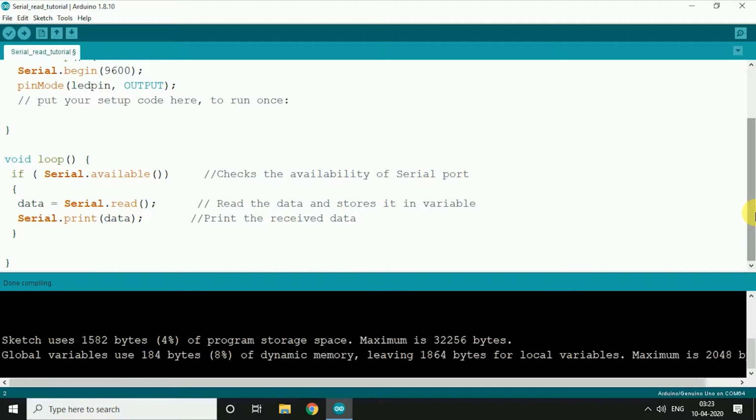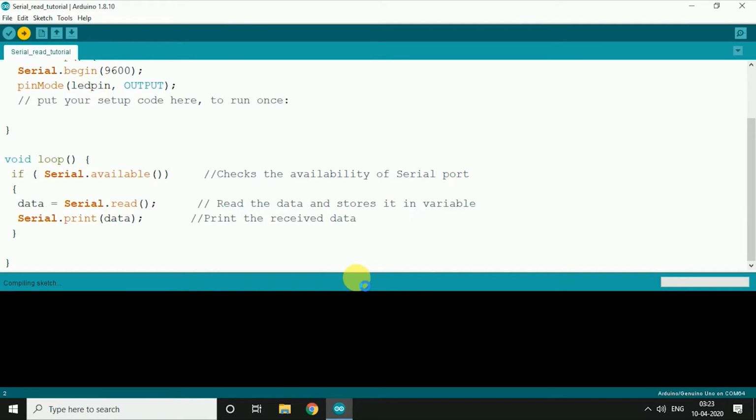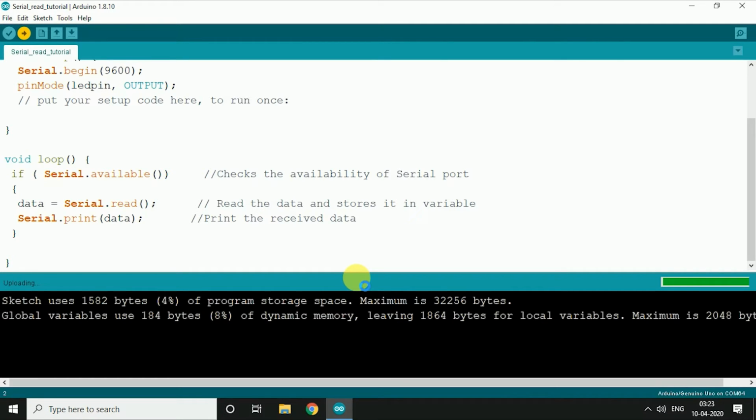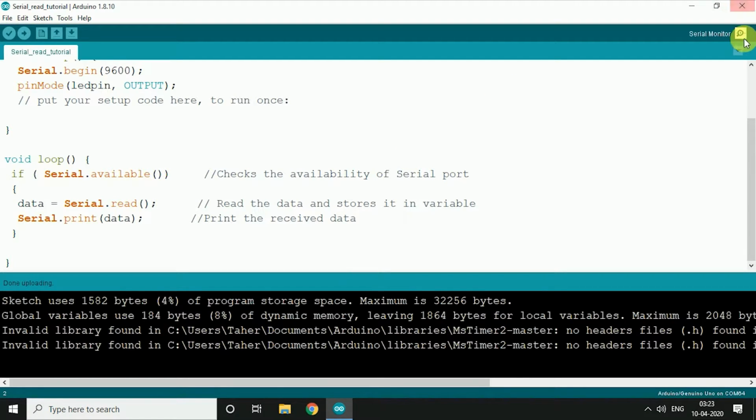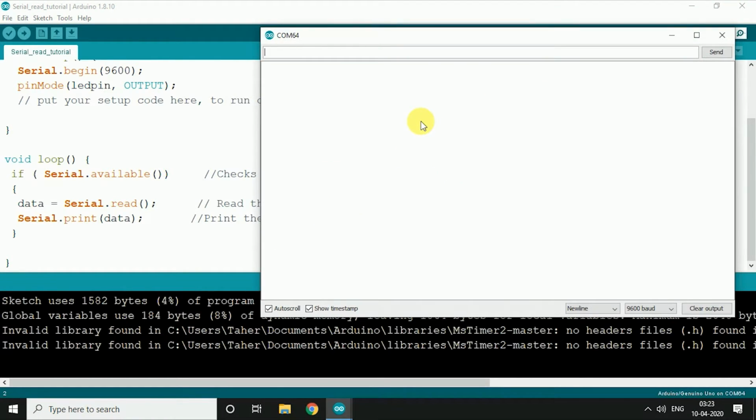Now I'll connect the Arduino with my laptop. Okay, looks fine with the board and port, and click on upload the code. Once the code is uploaded, I'll open the serial terminal and check if we are getting the data we sent over here.